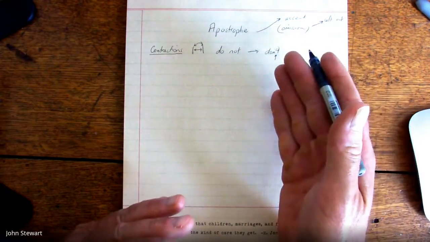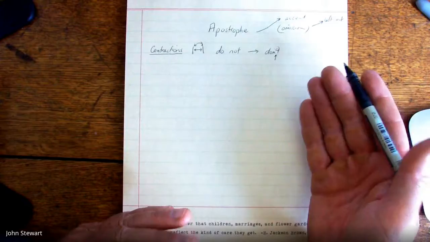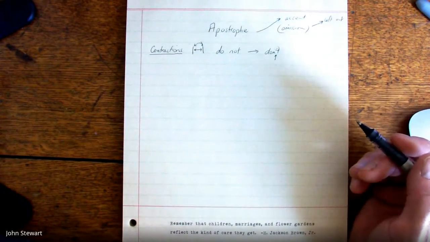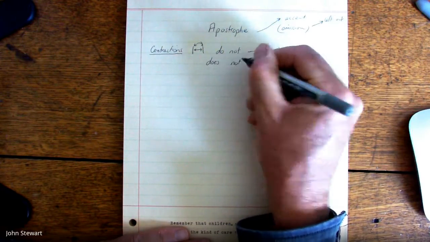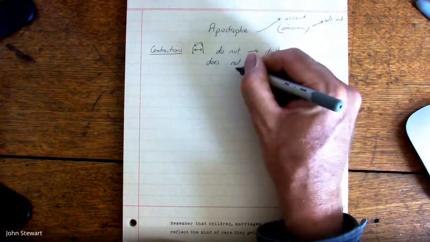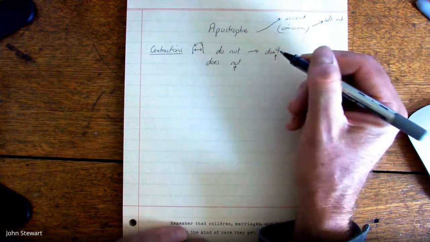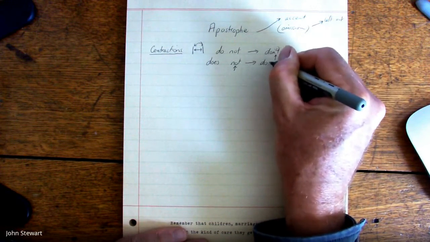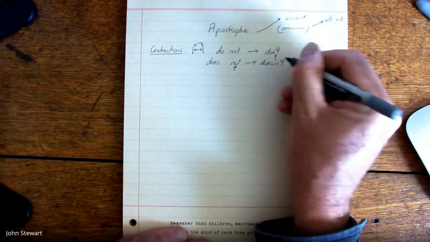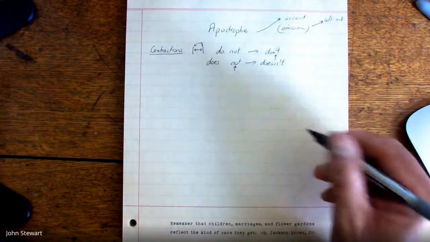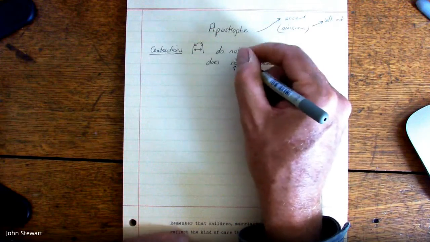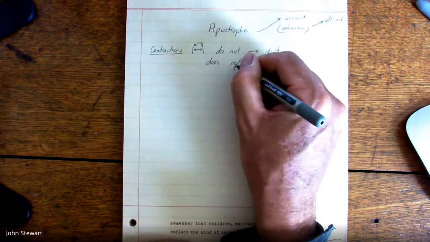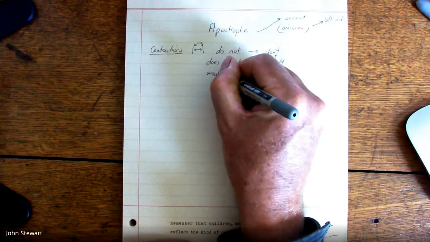So this is a contraction. It's a shortened form of the words do not. Another one, does not. Again, with does not, we leave out the O, and so our spelling is doesn't. Again, we have the apostrophe to show where a letter's missed out. And this continues. A lot of the time, not is the word that's added to it, such as would